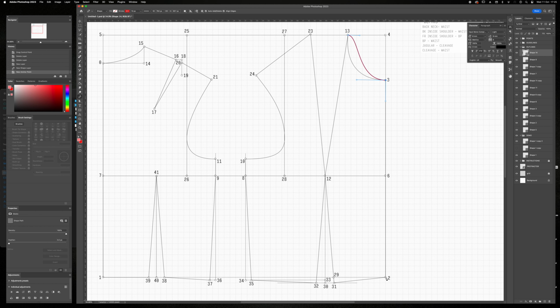As the drawing so far comprises mainly lots of individual lines, redrawing these as a series of connected lines produces 4 distinct shapes, 2 for the back and 2 for the front. At the back, I simply connect points 41 and 17 together with a straight line. As such, I'm connecting the waist dart to the shoulder dart in order to separate the back region into 2. We don't have to do this at the front because both the waist and shoulder darts meet at point 12,